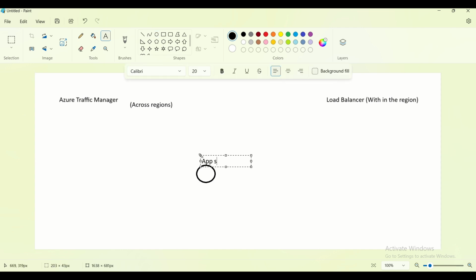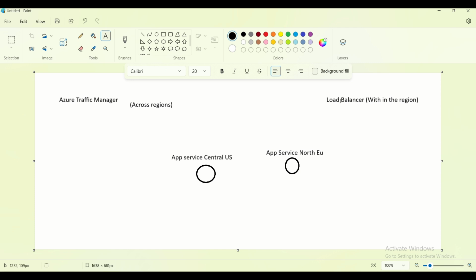One app service you kept under Central US, and there is one more app service you kept under North Europe. So now if you want to load balance between these two,